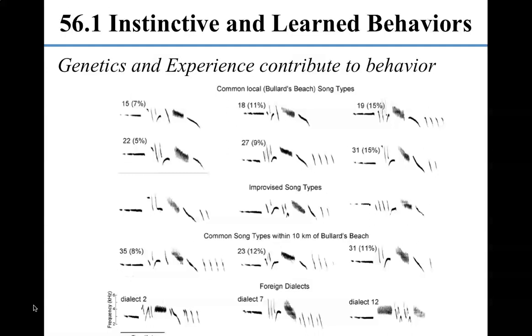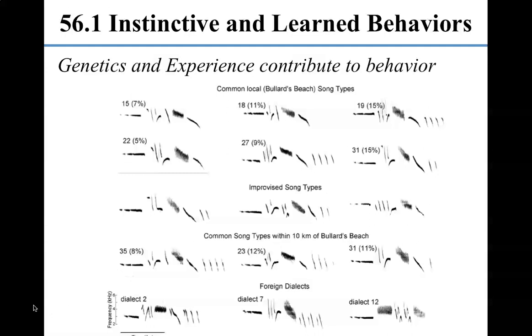And others, he would not play them any songs at all. And then he waited to see what happened. It turns out that in both cases the birds started to sing a song. They started to vocalize when they were about 150 days old. But gradually, the males that had been listening to their species' song began to sing better and better. And eventually, after about another 50 days or so, they were right on target.